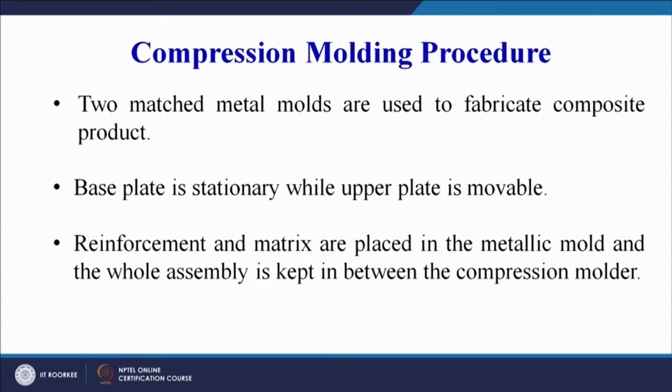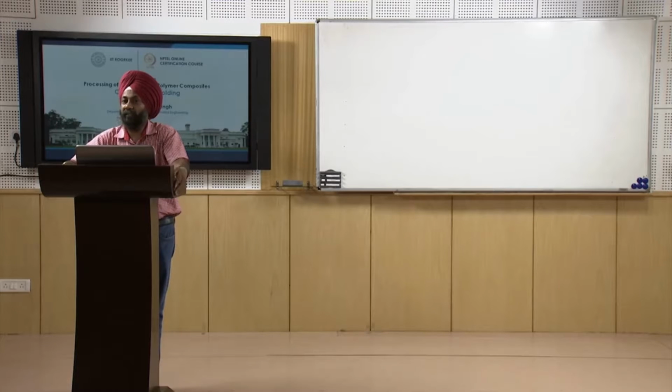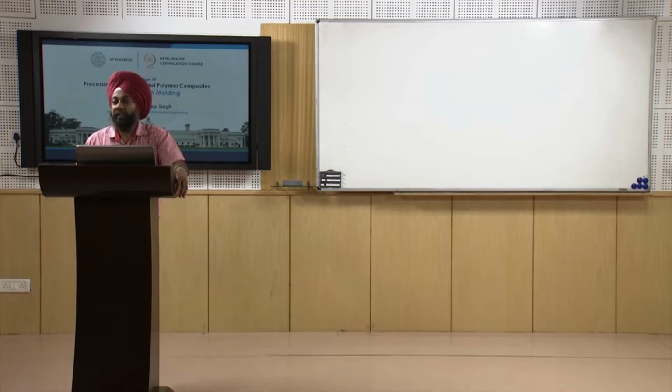We can have thermosetting as well as thermoplastic. If it is a thermosetting, it will be available in viscous form. We have to apply it with the help of a brush. If it is a thermoplastic, it will be available either in the pellet form or in a film form. Depending upon the availability, we will take our thermoplastic polymer and apply it on the fiber or the layer of the fiber.